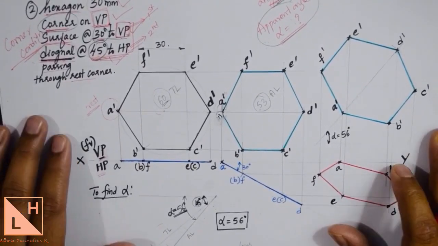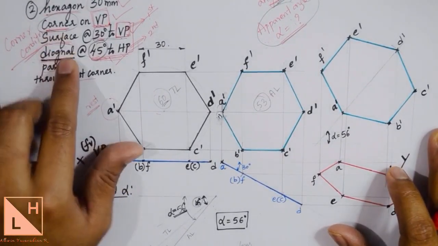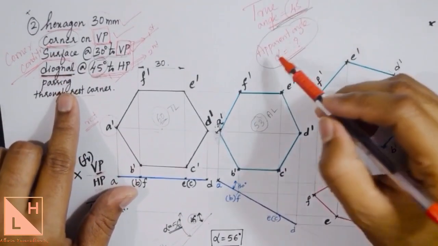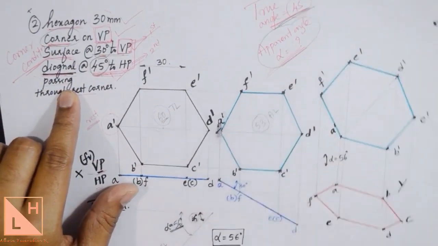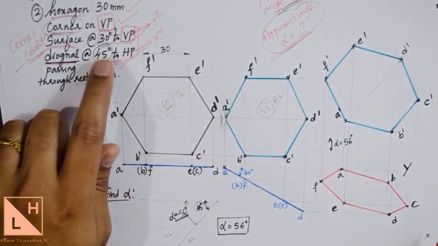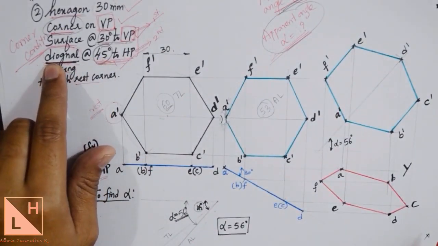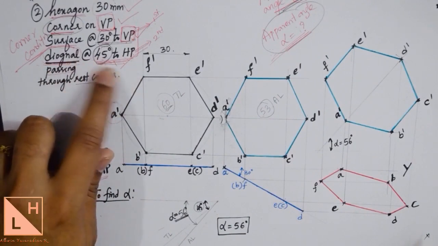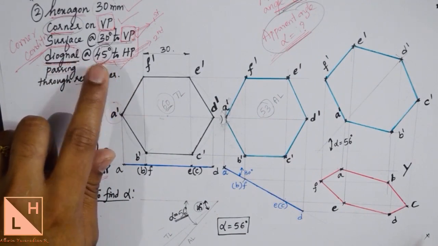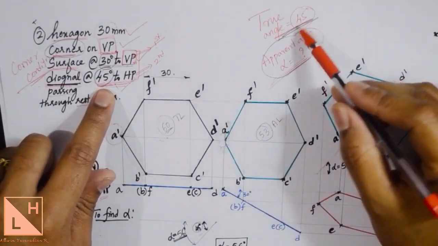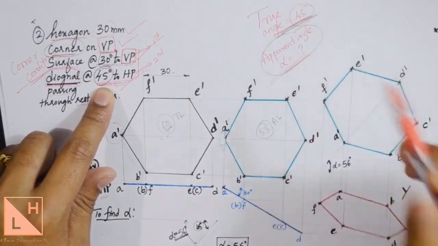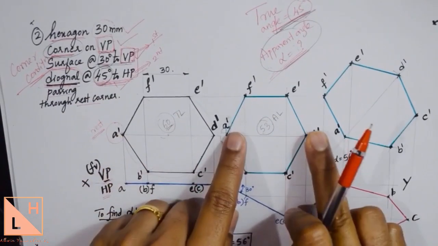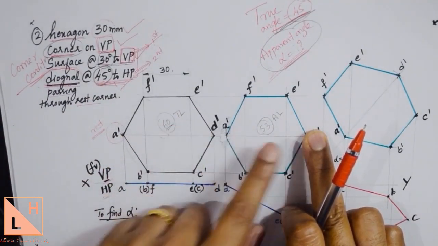The next type what you will find is the second problem what we solved. The second problem what we solved here was like the diagonal was inclined. So in this problem, diagonal inclined means you need to find the apparent angle only if appears to be is not mentioned. So here directly given diagonal is at 45 degree to HP. Appears to be is not given in the problem, which means that the angle given here is true angle. So using the true angle you can't project it in the third position because the length would have changed from true length to apparent length as we saw in the previous problem.